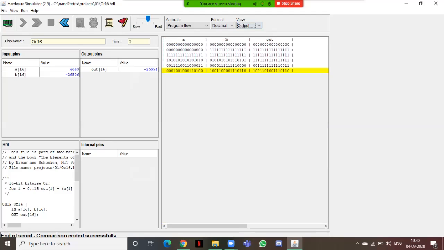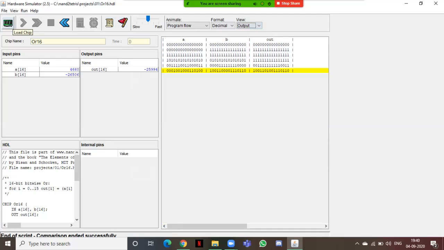And the output of the OR gate, what is it? We'll get 0 only when both the inputs are 0. Otherwise, we are getting 1. Here 1, 2, 1, 2, 3, 4. But these two are ones. Oh, nice.